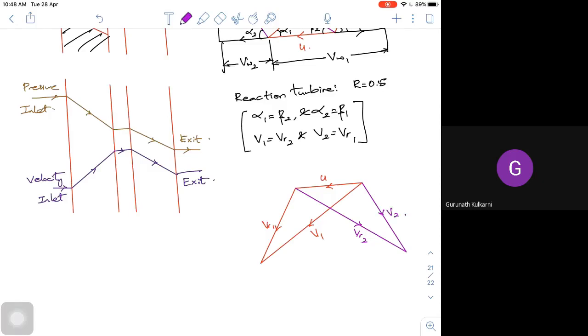If I try to close the triangle with other components, by V2, by VW2,